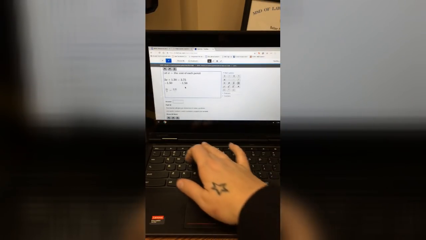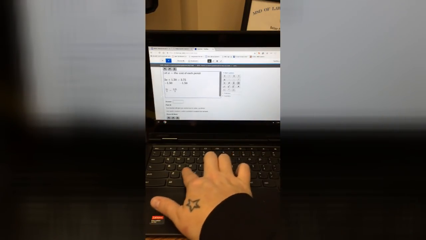Okay, there's a couple of ways to do it. On our paper, it shows that it's just kind of turned it into kind of a fraction here. So we're actually going to do the same thing. So to do that, this 2-level box is actually our fraction button. So I'm going to highlight that and hit our fraction button. It's going to turn it into a fraction. Oh wait, I'm going to divide by 3. I'm going to highlight this piece, turn it into a fraction, put it over 3. Now I've shown the exact same work that I have on my paper, and then I'm going to put x